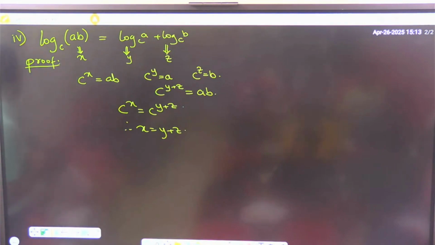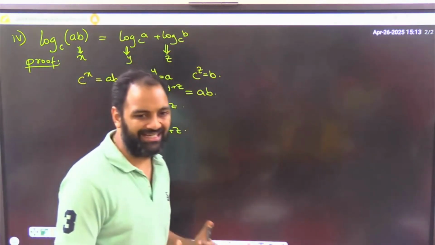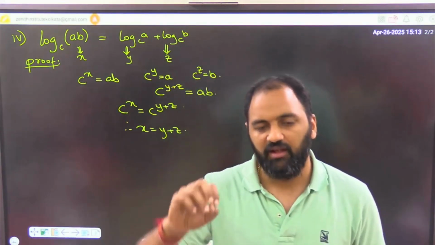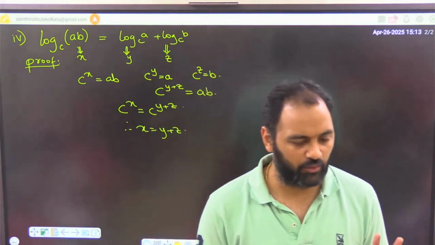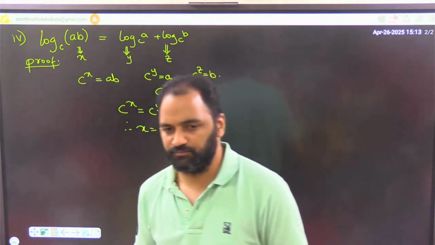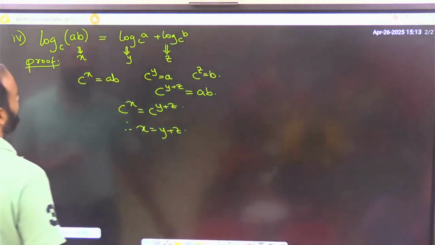Okay. So the first property that we have for log is log of a product splits as a sum. That's what you need to remember. Log of a product splits as a sum. Okay. Next